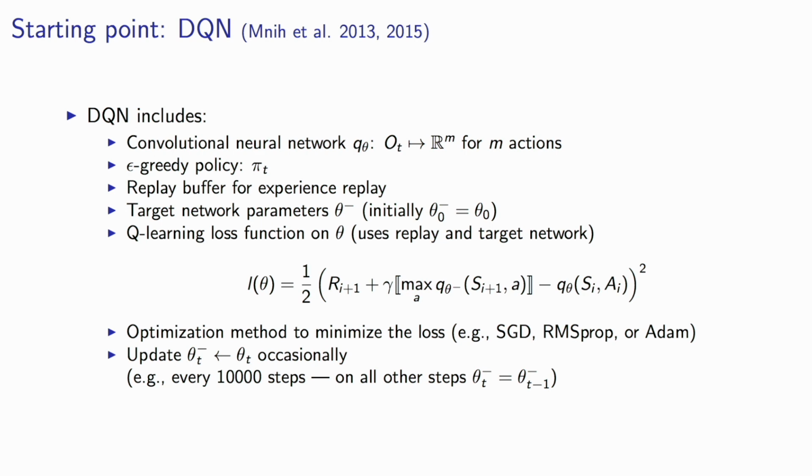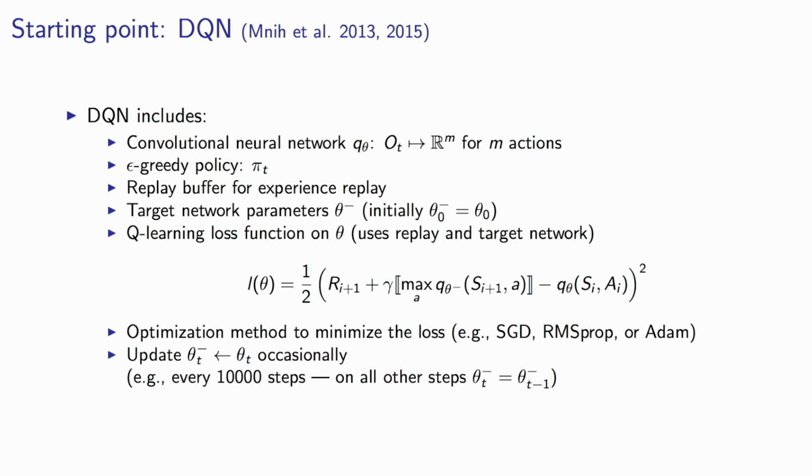There's a target network, which basically means we have a copy of the parameters, which we keep fixed for a while, as it says on the bottom, for say 10,000 steps, or maybe 2,000 steps. This is a parameter you can set. And then every once in a while you just copy the latest online parameters into this parameter vector. And this is used in the bootstrapping. So when you want to see the value of the next state, you use those parameters instead of the online parameters. The idea being that it keeps your target a little bit more fixed, and this might make the learning easier. And it was found in the original work that this helped.